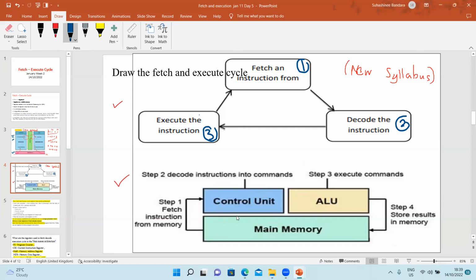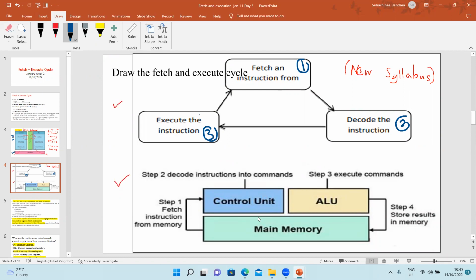When we consider this one, step 1, fetch instruction to the control unit. Then inside the control unit, decode instructions into the command. So the given instructions are converted into commands. Then step 3, execute the command. Step 4, store the result in main memory. After completing that, store the result in the random access memory. So this is the